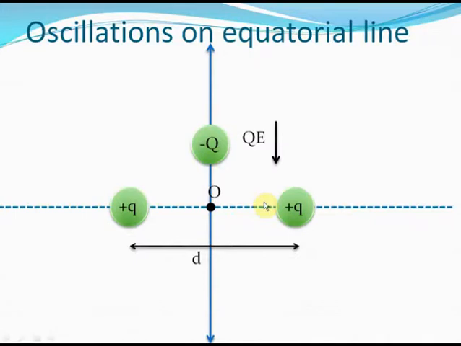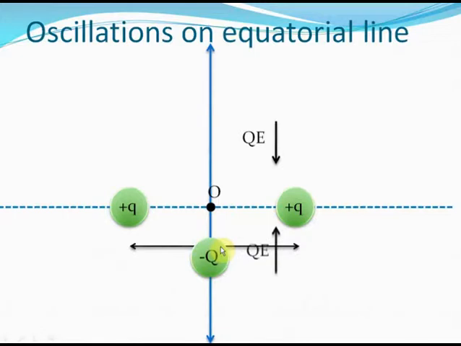Correct? After all, it's a negative charge and both these positive charges will attract it, and the net force will be QE in the downward direction. So when I place this minus q charge somewhere on the y-axis, its tendency will be to be pulled back towards these 2 positive charges. So when I release it, it gets pulled back and then it goes on the other side of the 2 positive charge system. When it goes on the other side, the net force on this minus q charge now acts upwards like this.